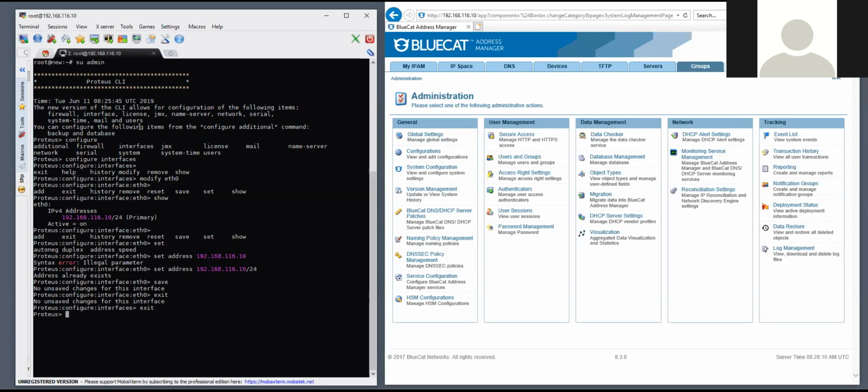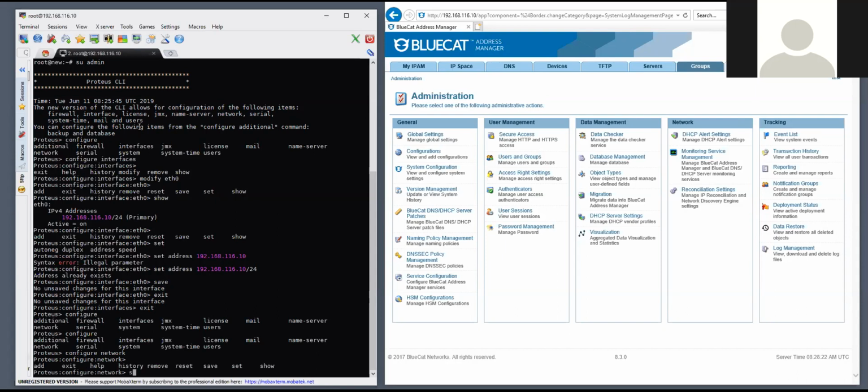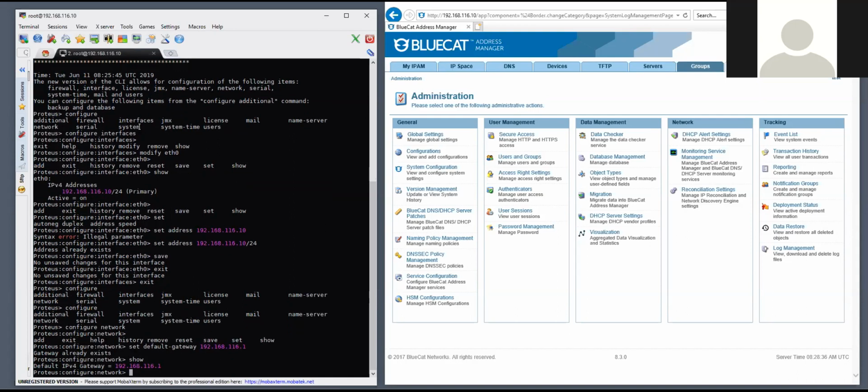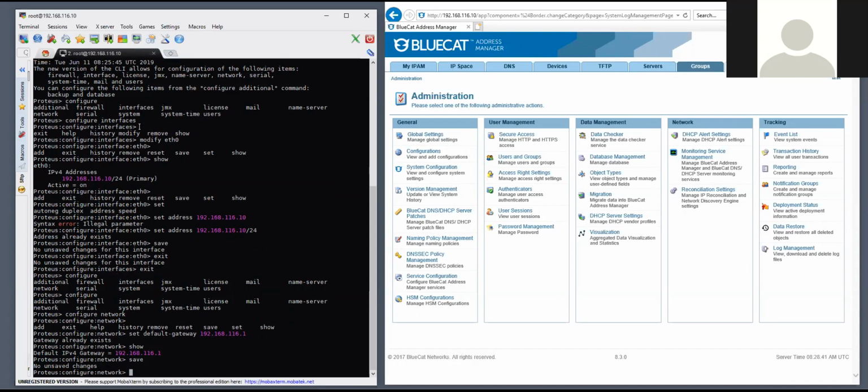I'm going to go back one more time, exit, type in configure again, and now I want to configure the gateway. So I'm going to type in configure network, enter, and then if I tab, I'm going to type in set default gateway, and my default gateway is going to be .1. You don't have to specify network, just hit enter. Gateway already exists. I type in show, I can see it, and then when I want to save a change, I just type in save. And I am done. So if I exit,